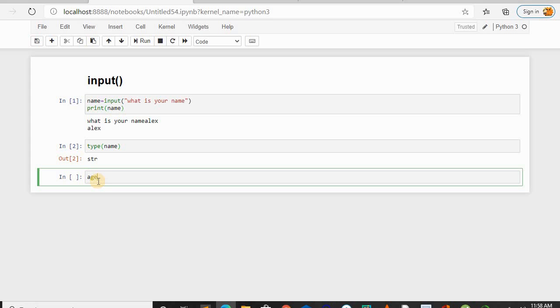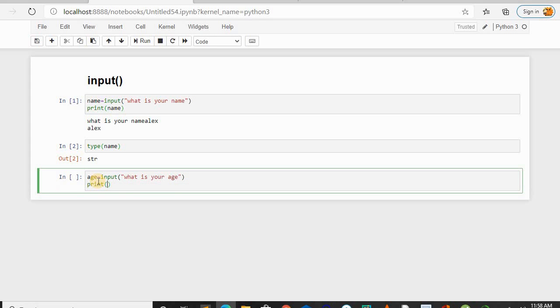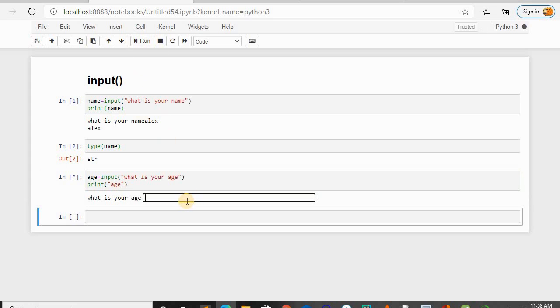Suppose now I'm going to ask the age through the input function, and in the prompt I'm going to write what is your age. And if I run the code, I'm going to print the age also. When I run the code, it will ask what is your age, and I'm giving 24.